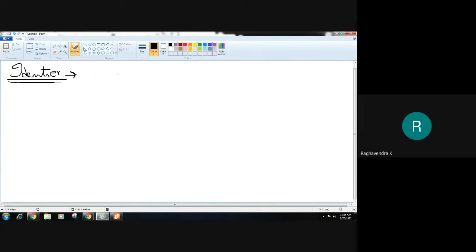Okay, so how do we represent an identifier? The automaton that we normally write for an identifier is as follows. Let me assume that this is state number 0. I will read, first of all, what should be there? There should be a letter. So when I read a letter, I move to state number 1.